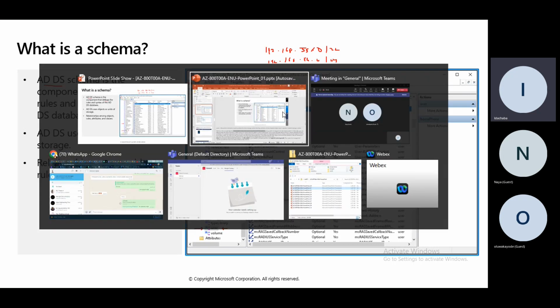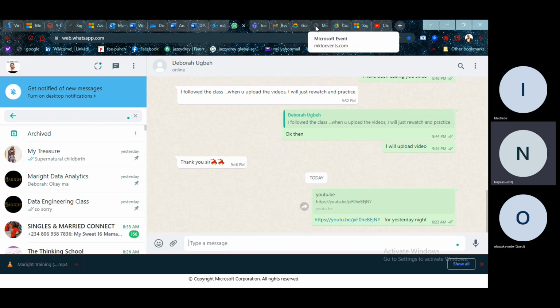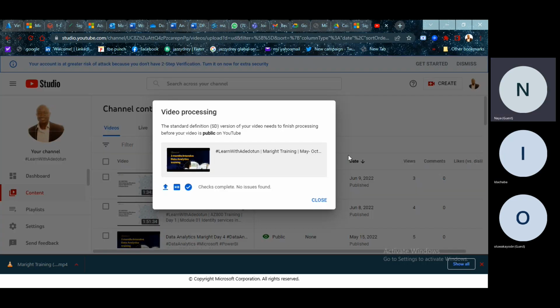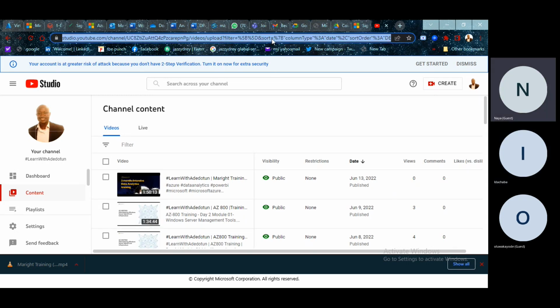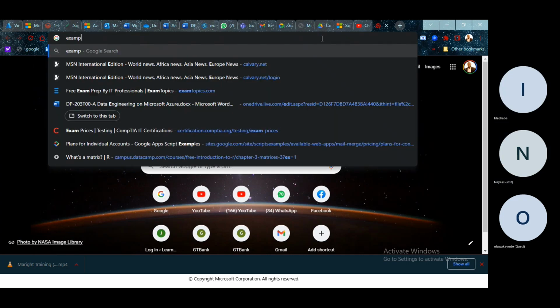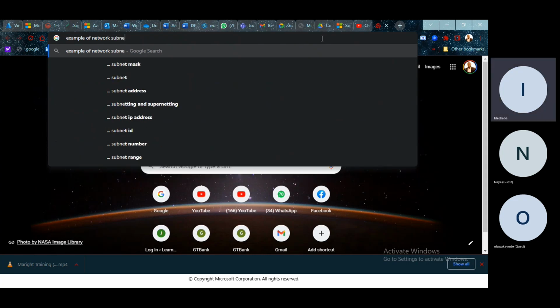Okay, let me just show you what I mean. The slash by the side is the subnet now? No, that is called CIDR. That's a CIDR. There's a subnet and there's a subnet mask. Do you understand?